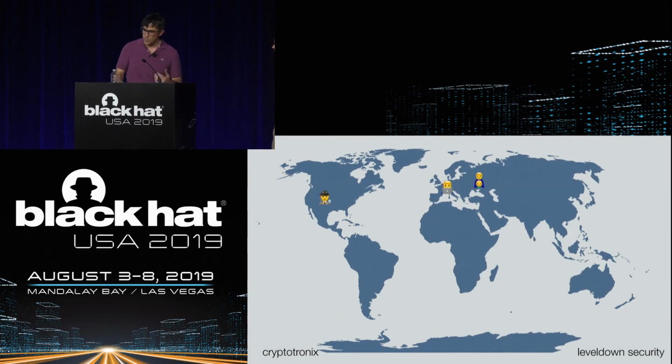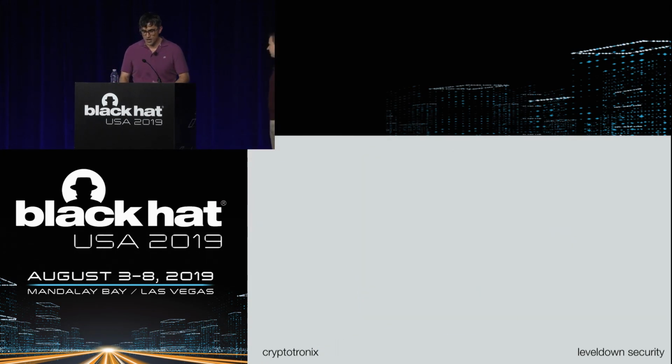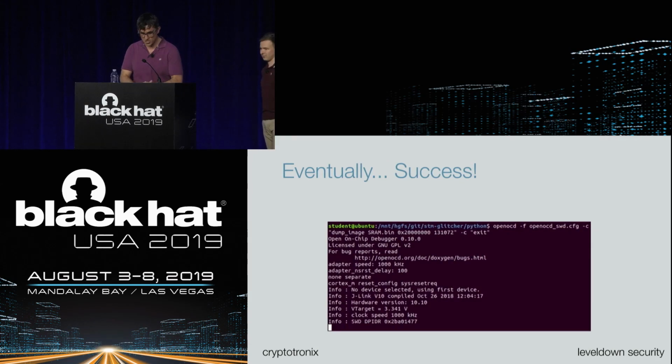And we did this over about 3 months of the active glitching, in different parts of the world, all actively running this glitch setup. So it was very much a team effort. Eventually, we were able to insert the glitch into the boot ROM, and we were able to connect with a debugger, and it downgraded. So even though we set RDP2, and that was set in the flash, we are now at RDP1.